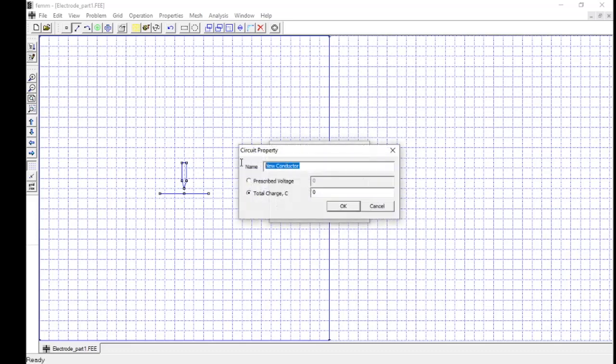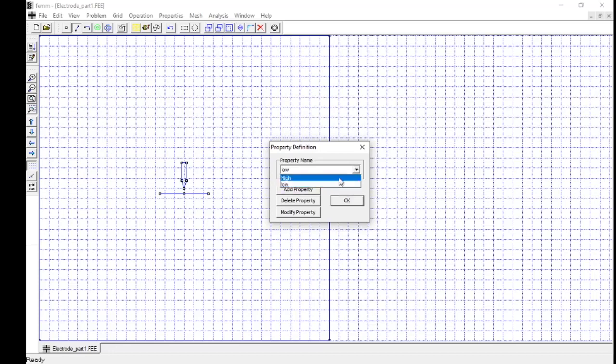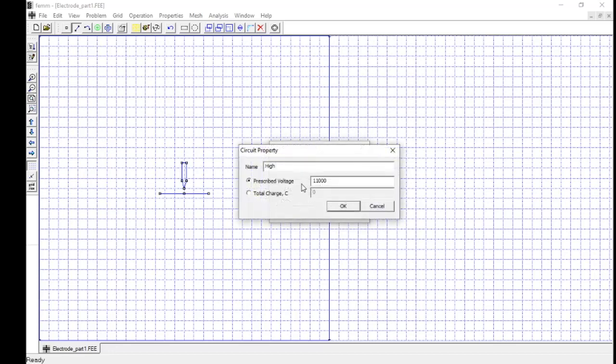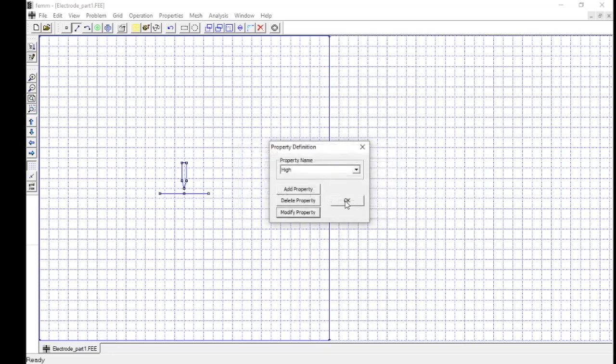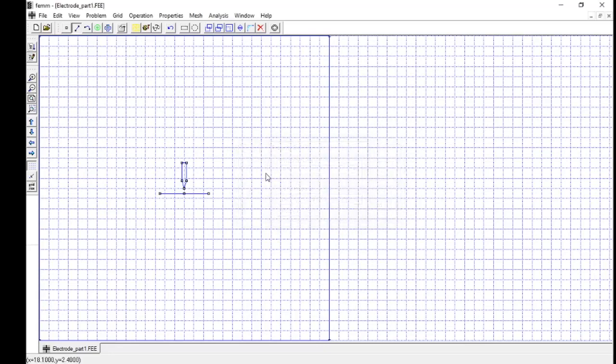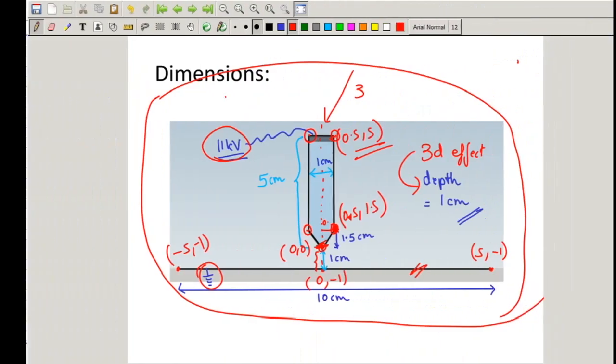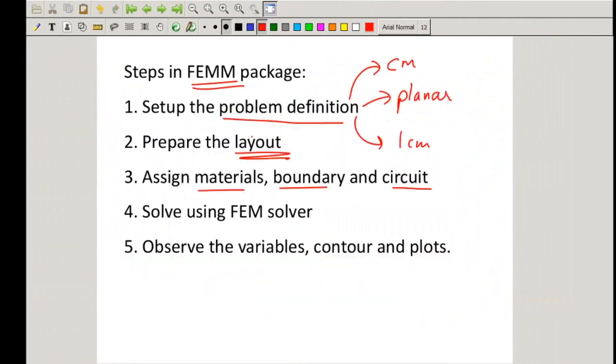Similarly for the plane, we'll need to define a low voltage, so we'll say low, and then we'll define it as 0. So you can see these two features. In case you want to modify, you can come here and say modify, so you can edit again. So we'll say okay. So now what we have done, the boundaries, materials and the circuit or the conductor potentials are defined.